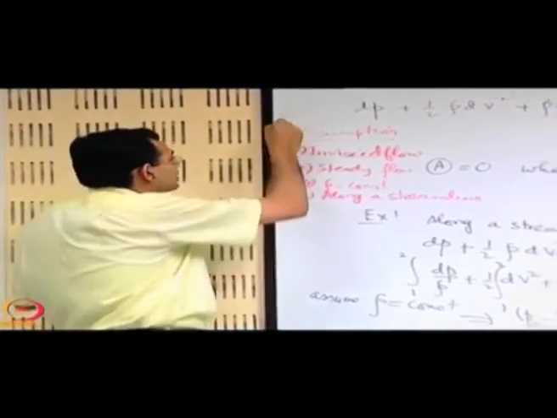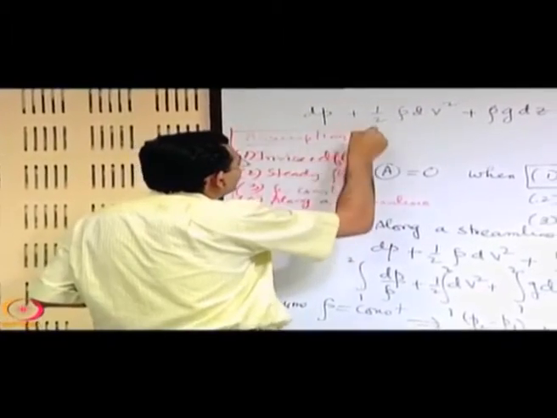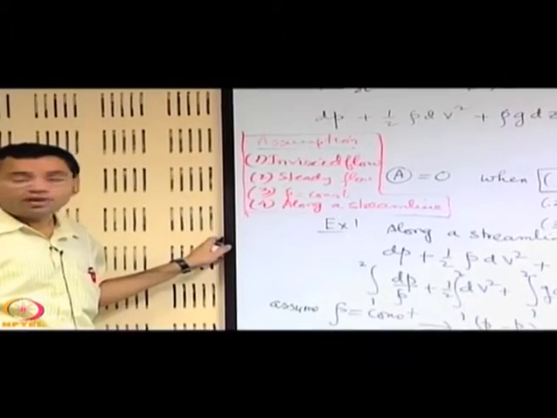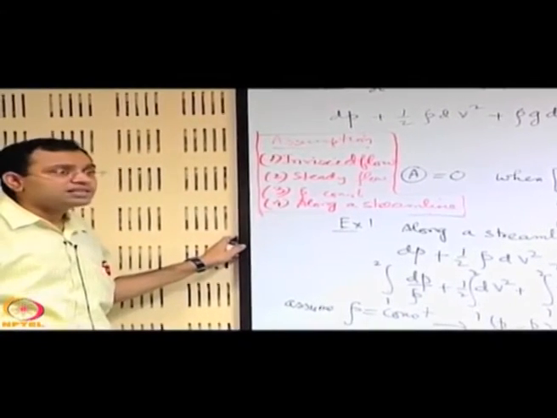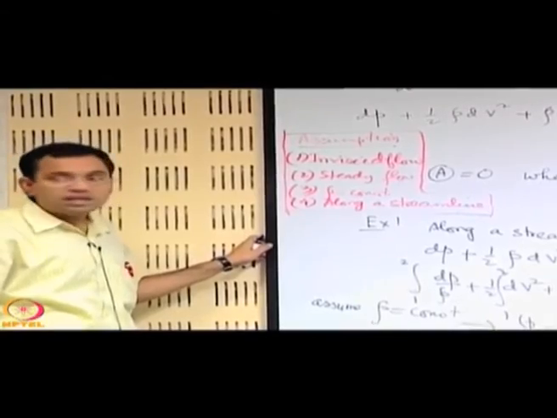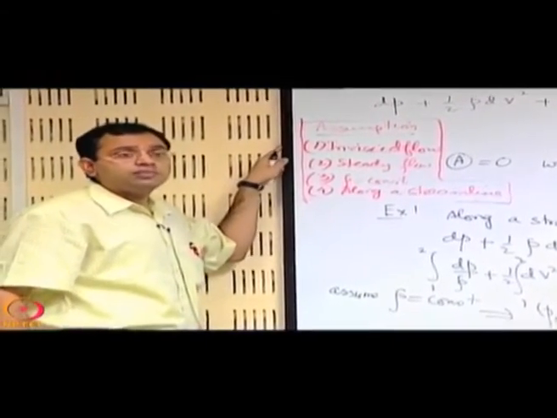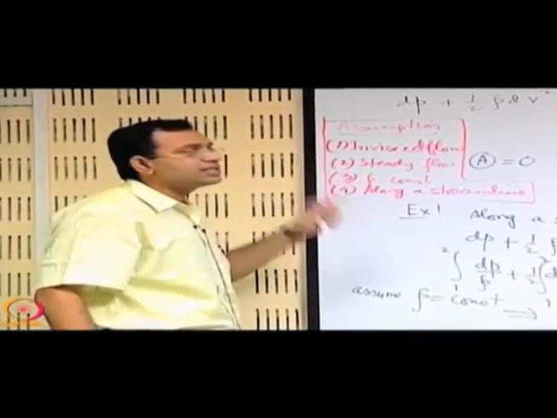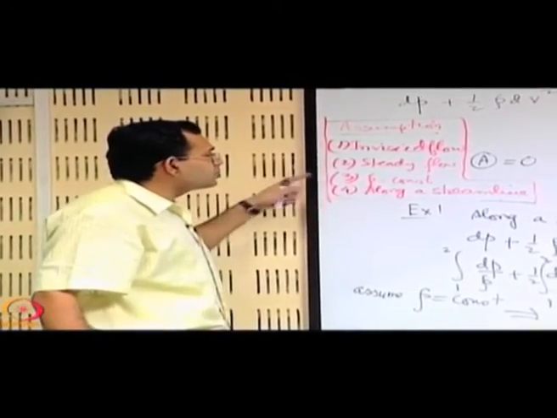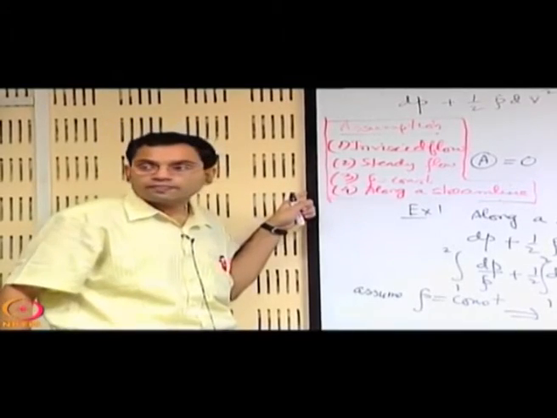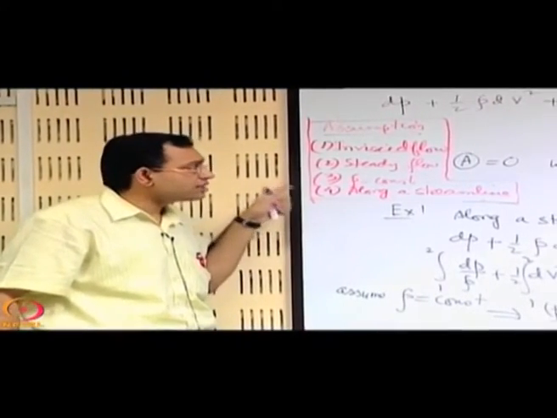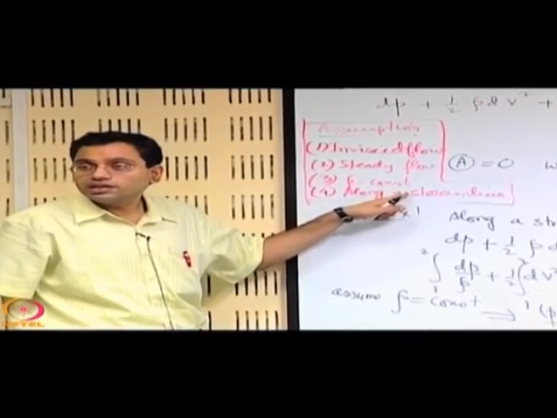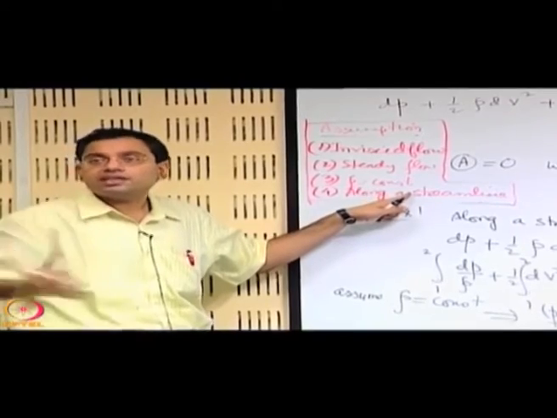Now these are the assumptions that we commonly use, because commonly we utilize the Bernoulli's equation along a streamline. At the same time, we must understand that these are not always the cases. Inviscid flow is the most important thing. Now can you tell me, if you are thinking about Euler's equation along a streamline, out of these which assumption is not necessary? Say, the Euler's equation of motion along a streamline, density equal to constant is not necessary. So density equal to constant is the additional assumption beyond the Euler's equation.